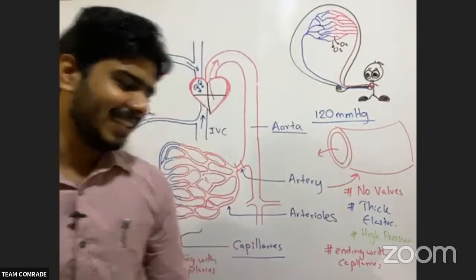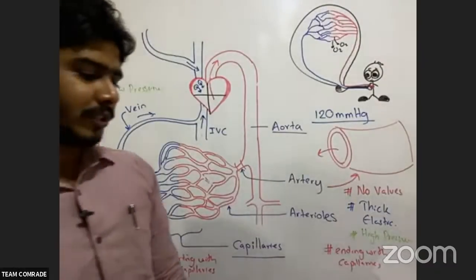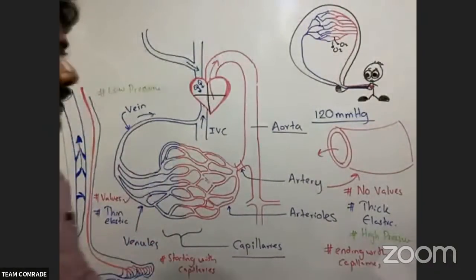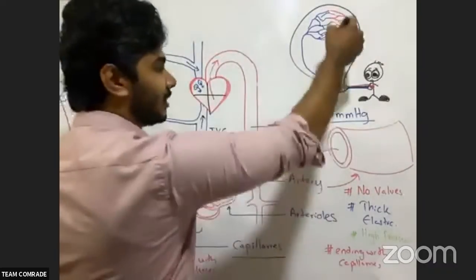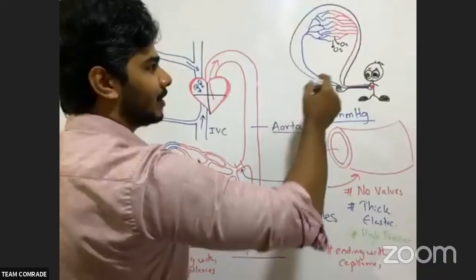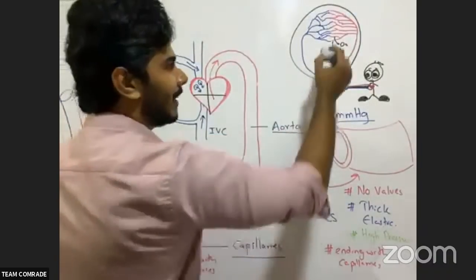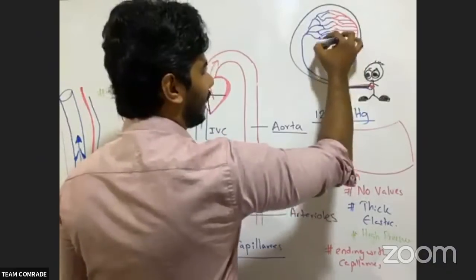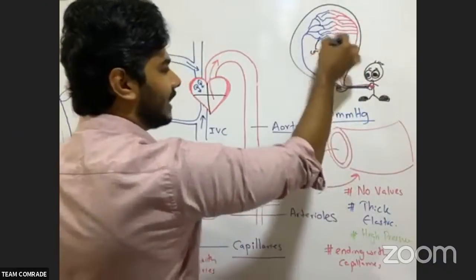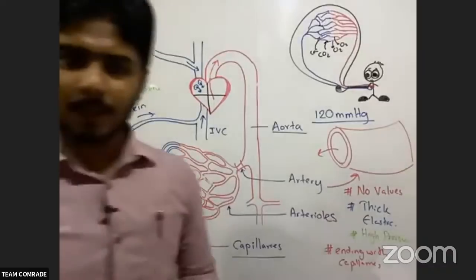Connecting arteries and veins. Next one, they take care of the diffusion of gases and nutrients from the blood to the body cells. Now, what happens? They are releasing oxygen, hormones, and nutrients. At the same time, they are gaining carbon dioxide and letting it out of the body, right?